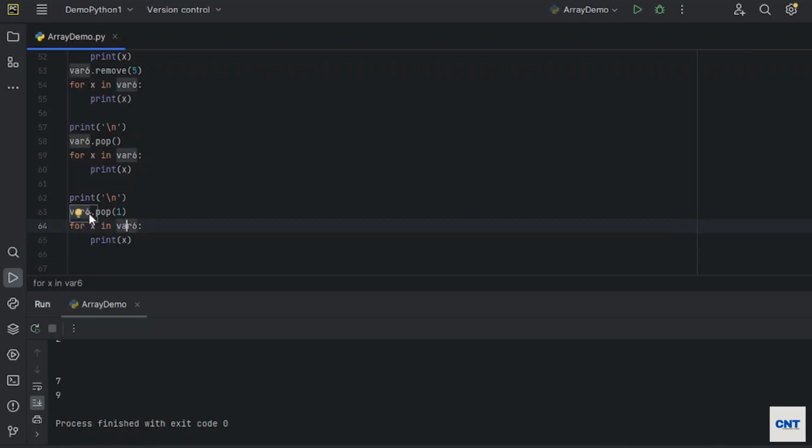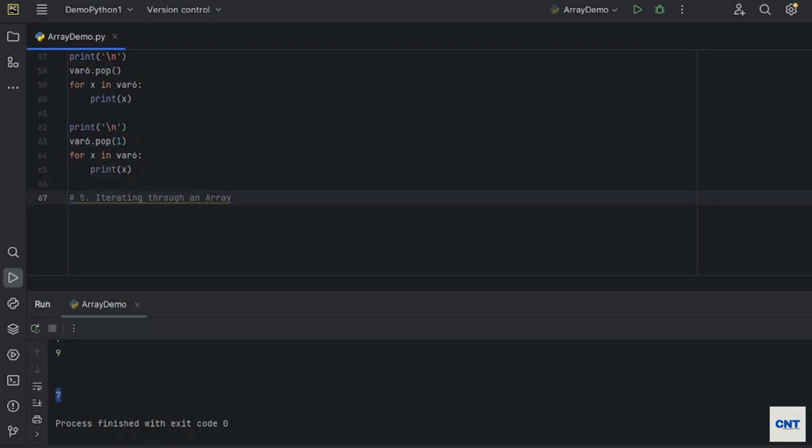This time I want to remove the item from the first position, that would be index 0 and 1. 9 will be removed from the array. Let's run it. So you see only 7 was printed. First we removed from the last, then we removed an item from a specific index, and the output is 7 only.